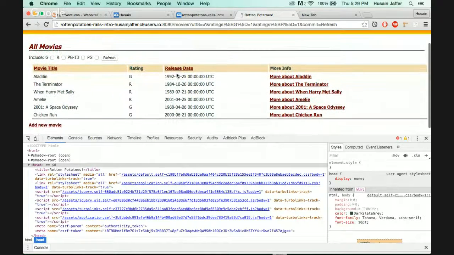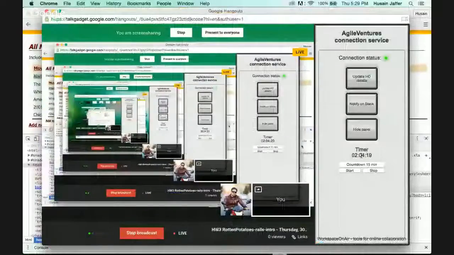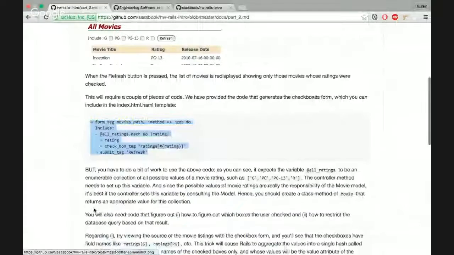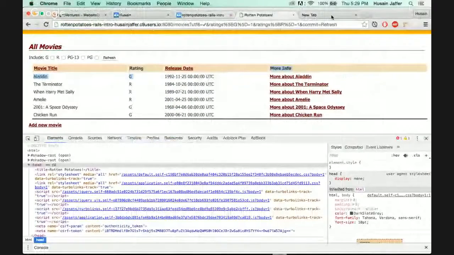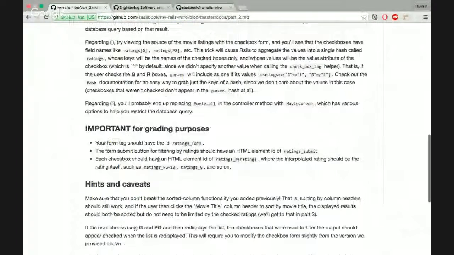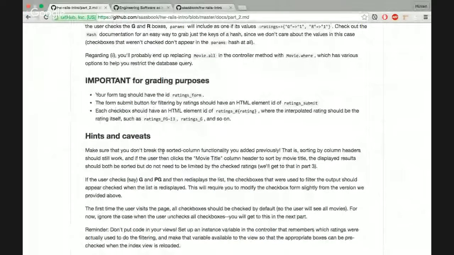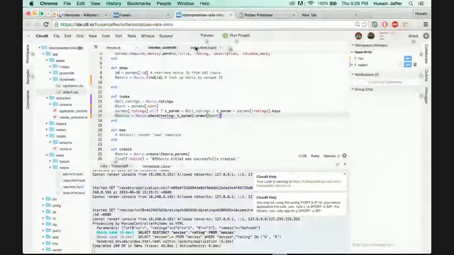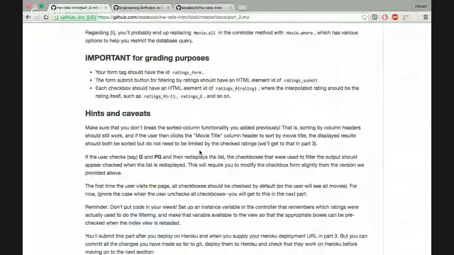Okay, see. For this part, for part 2, do we have to remember the settings? What does it say there? I don't think so. No, it doesn't say you need to remember them. Okay. So I'm guessing we can do that in the index.html. Yeah, you're right. It says if the user checks something and then redisplays the list, the checkboxes that were used to filter the output should appear checked. And that basically means we need additional